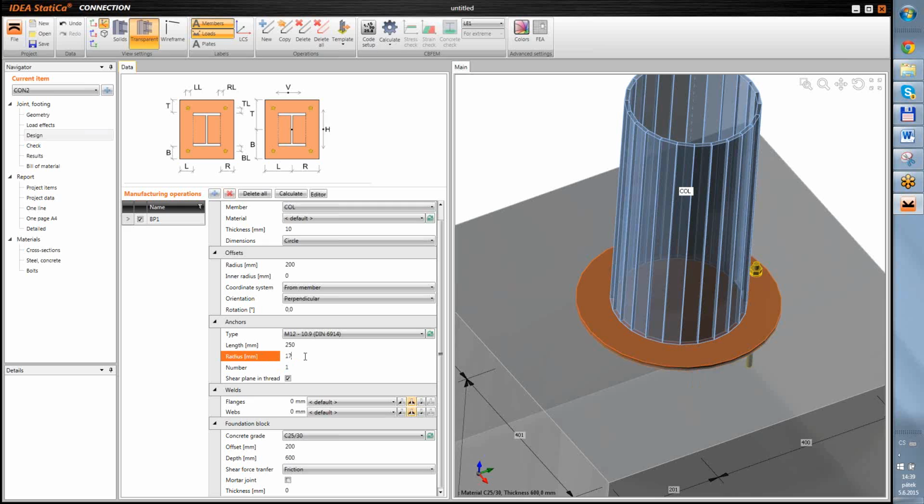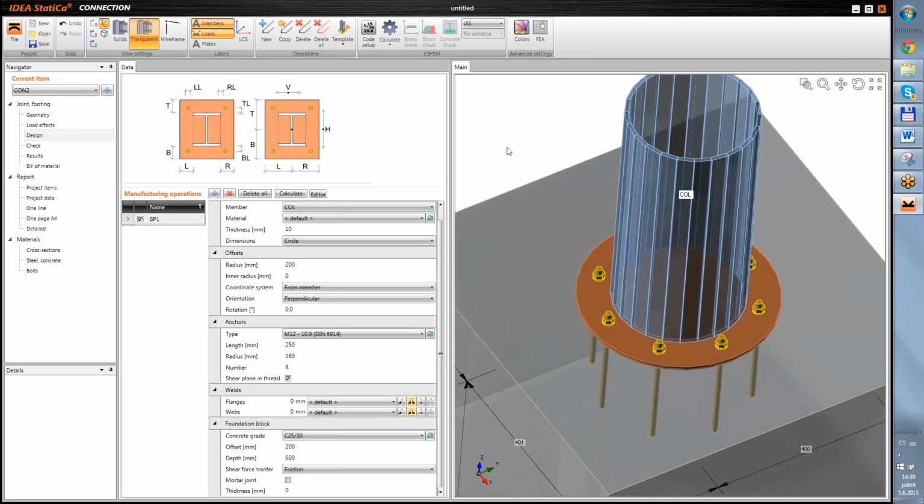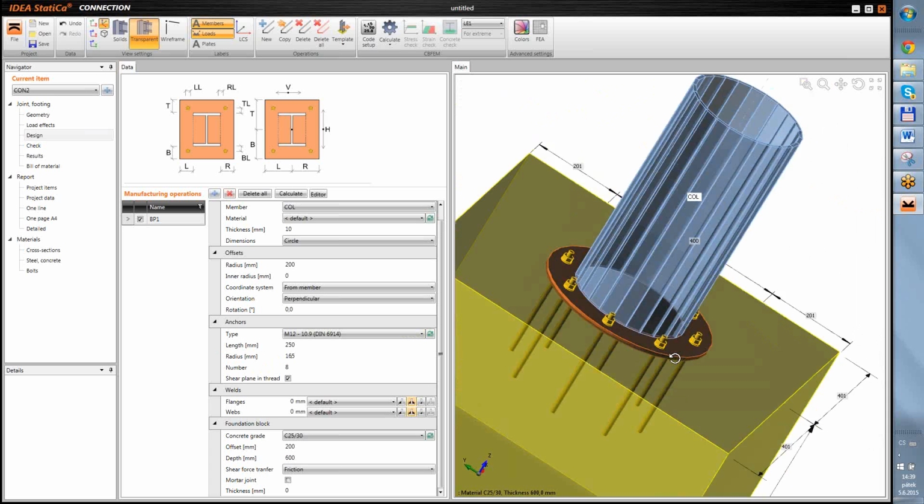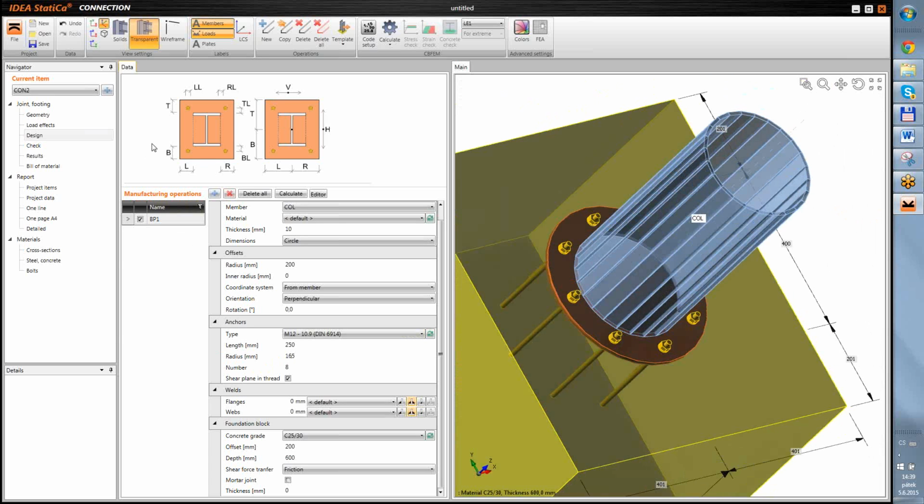Yes. And M8. Yeah. So this we have, and for instance we can